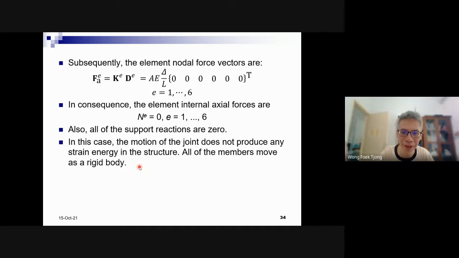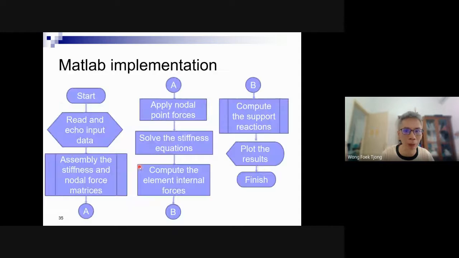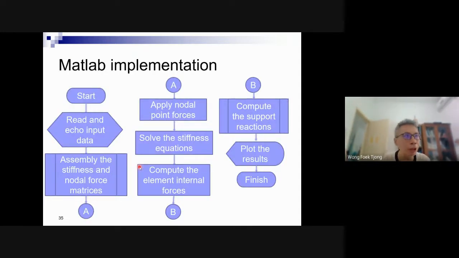Any questions? Okay, you will have an exam. I already posted the assignment, right? The assignment also uses a computer program. So this is MATLAB. As I mentioned before, all of the finite element method is directed toward computer implementation. So I implemented the DSM for the 3D truss also in MATLAB.